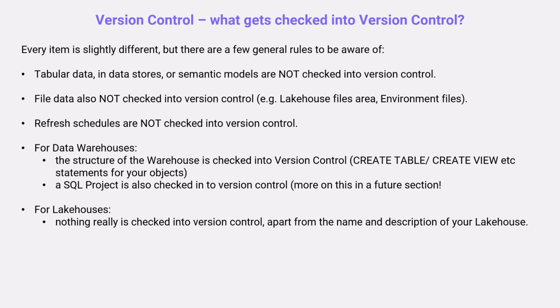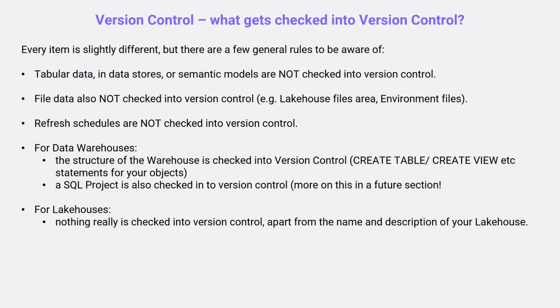So any tables that you're creating, any sort of logic that you're adding in there will not get checked into version control. And therefore, any updates that you make to a lakehouse will not get checked into version control. Now, there's a few ways around this. If you create a notebook with all of your create table statements, then that is one way around it. It also serves as a more useful asset when it comes to deploying a lakehouse as well, to do this kind of declarative method for setting up